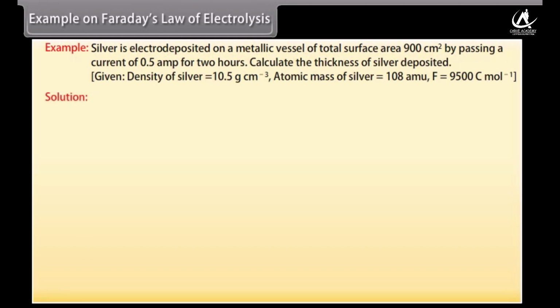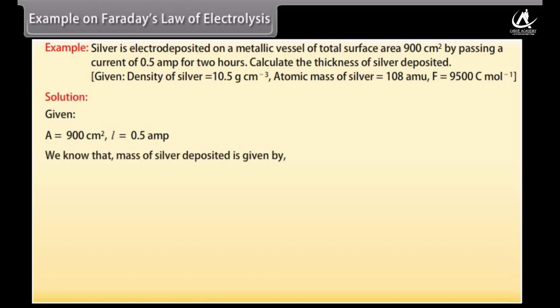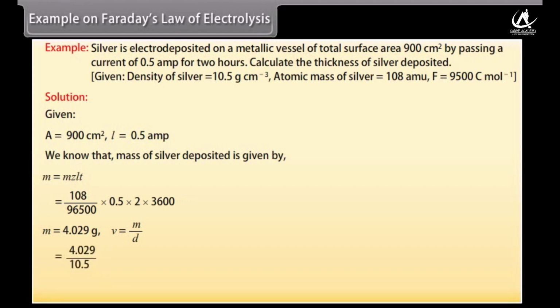Let's see the solution. Here given values are A is equal to 900 cm², I is equal to 0.5 ampere. We know that mass of silver deposited is given by m is equal to ZIt. By putting the values, we get m is equal to 4.029 gram. We know that V is equal to m upon d. By putting the values, we get V is equal to